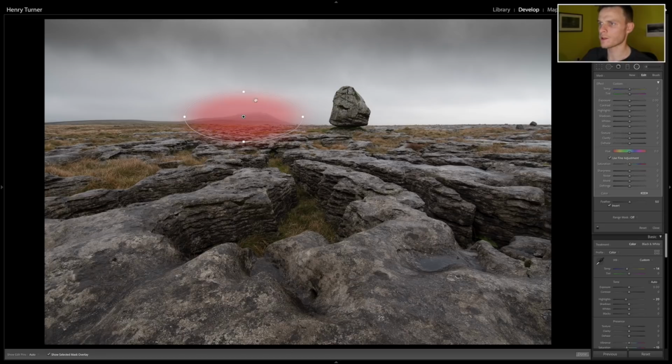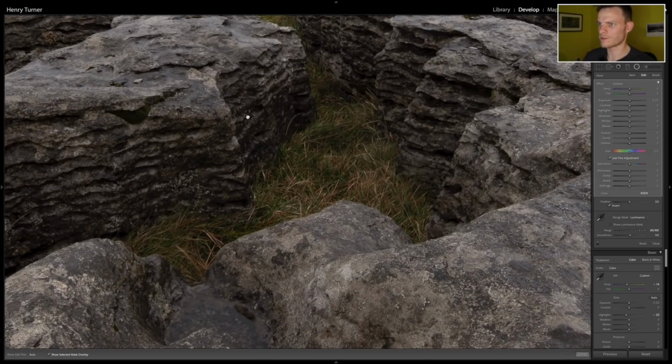And I only want this mask to affect the mountain, so we're going to use this awesome little tool here called Range Mask. Click on that and we're going to click on Luminance, which is light. I only want this mask to be on dark areas, not the highlights, not the sky. So I'm going to increase the shadows of the range, and you see there or thereabouts, the mask is now only on the mountain. It's actually not a very good example. I'm going to zoom in here,